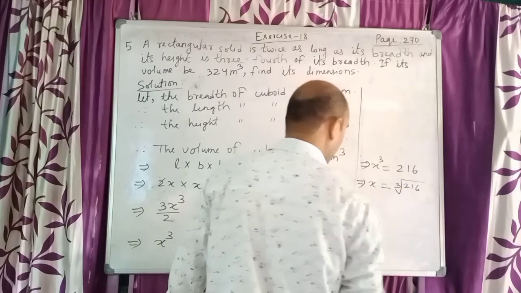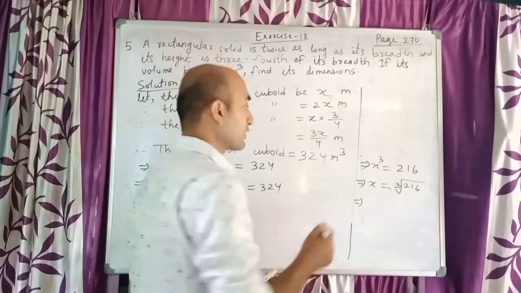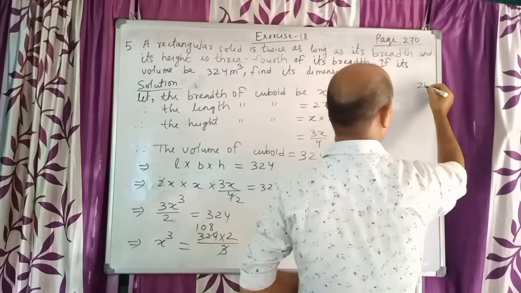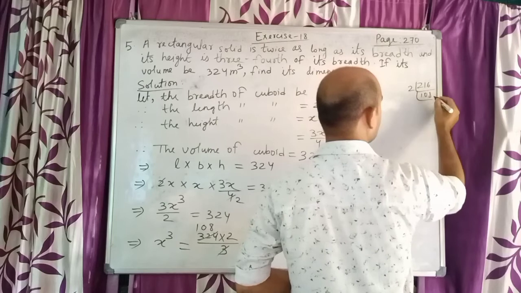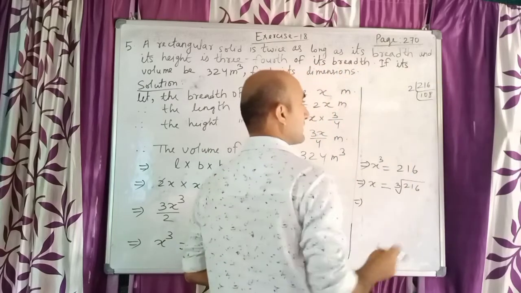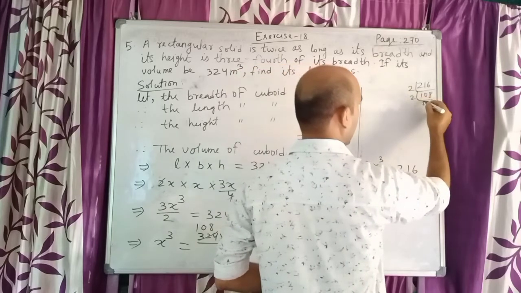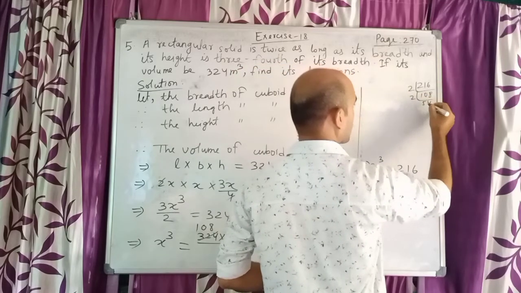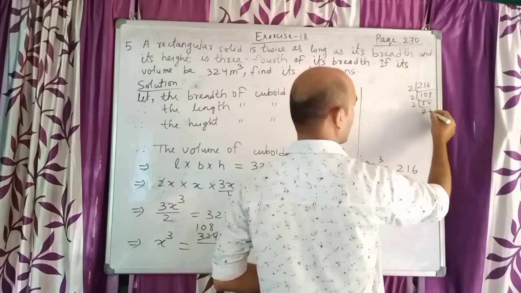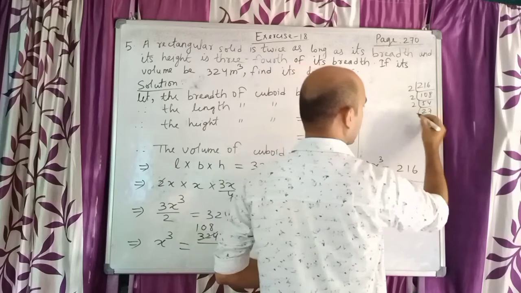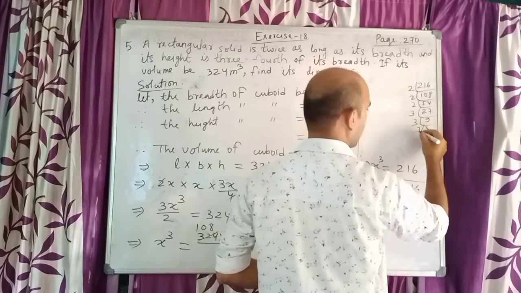Now, the cube root of 216 we should know, it is 6, but if you do not know, we can do rough work. We can divide like this, 2 1s are 2, 0, 2 8s are 16. Again here the same thing, I took 16 at a time, so I have to put 0. 2 5s are 10, 2 4s are 8, then we have 2 2s are 4, 2 7s are 14, 3 9s are 27, 3 3s are 9, 3 1s are 3.